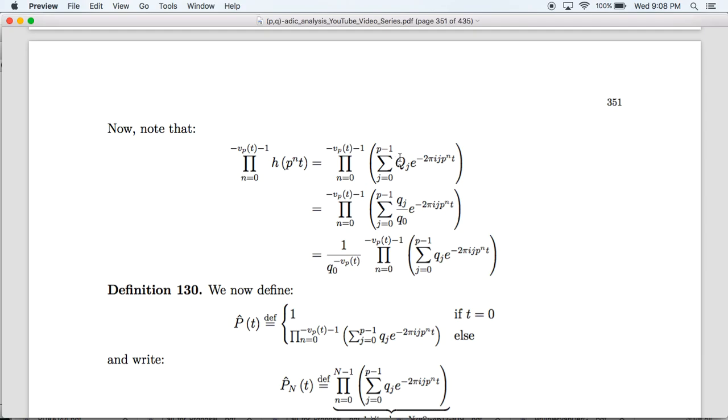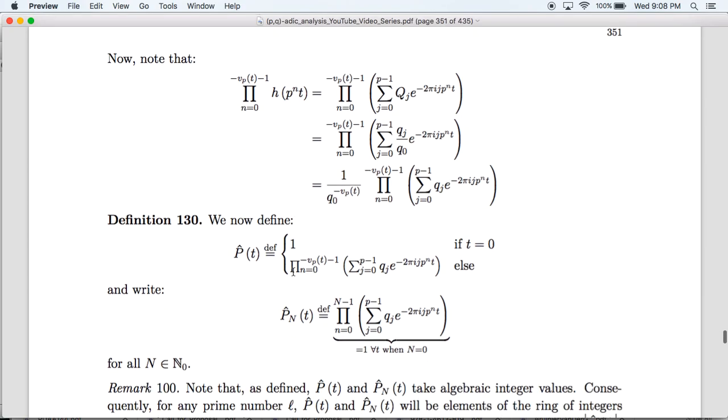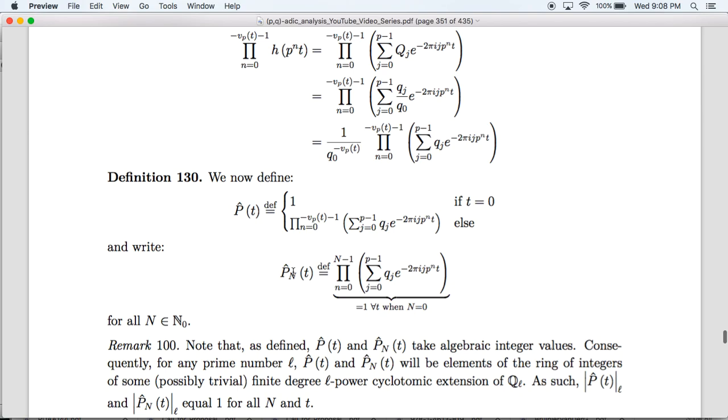Here, this is big Qj, which we defined as little qj over little q0. And if we factor out the little q0, we get 1 over little q0 to the negative vp of t, because that's the number of times we multiply this. That's the number of terms in this product. So now here is going to be our analog of AQ hat. It's p hat of t is going to be 1 if t equals 0, and it's going to be the product from n equals 0 to negative vp of t minus 1 of this function right here,